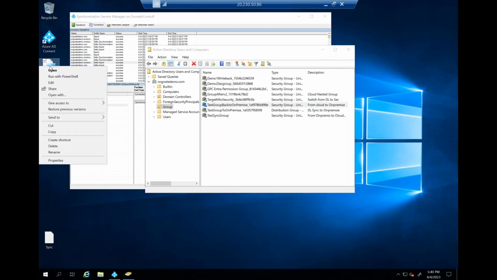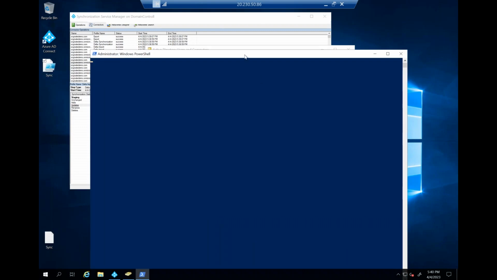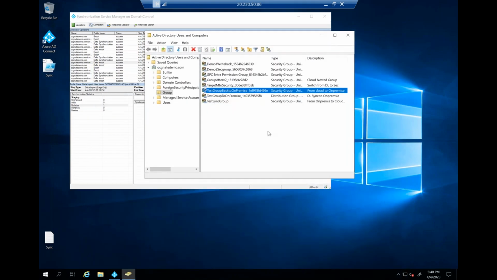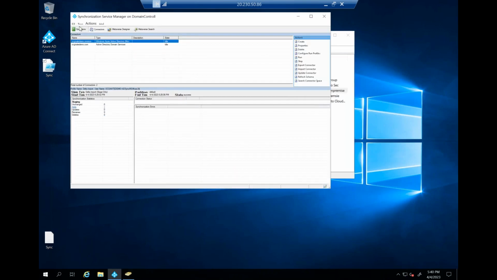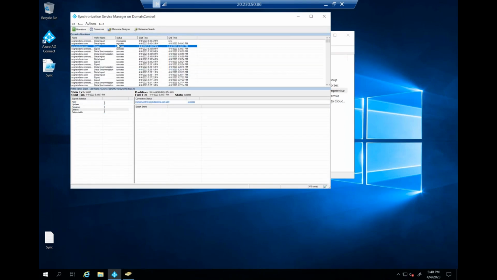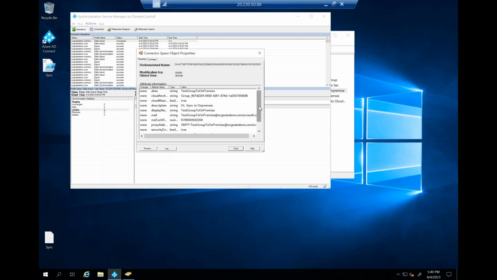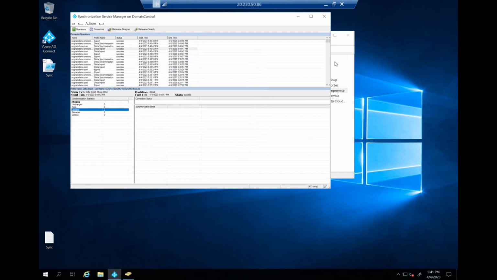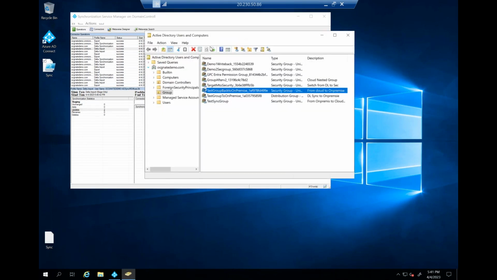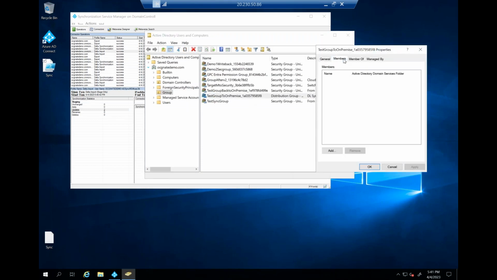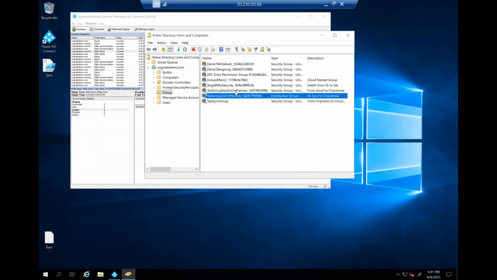I'll run the synchronization again so I can get the users out of the security group. Make sure that this is running. Updates. If I do another refresh here, I get the results I need. There we go. Awesome. So as you can see, I did an access review for distribution lists